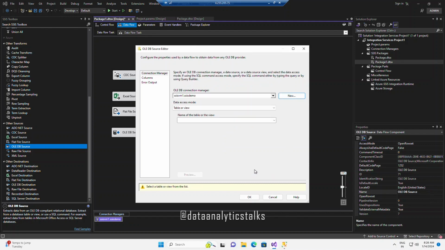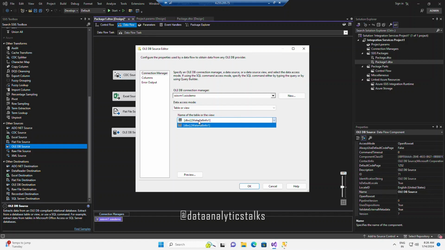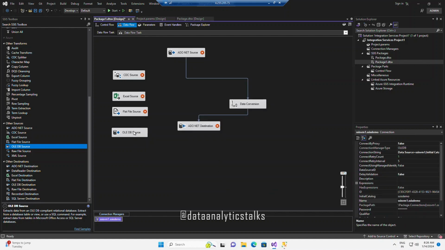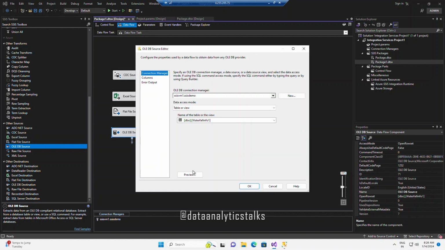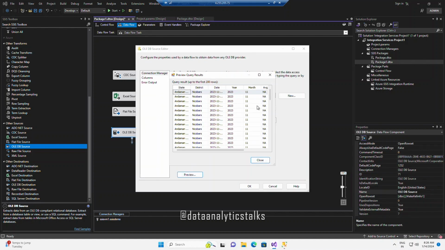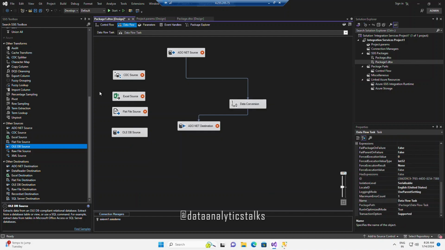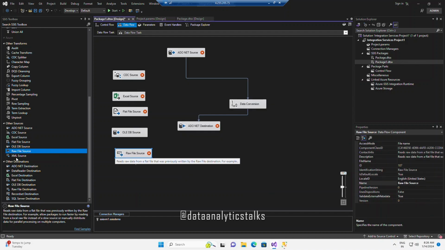Then you can see the tables available within the database. That's my source. And if you wish, you can even see the preview of the data which is in the source. So if it is a raw file, use that. If you have an XML file,